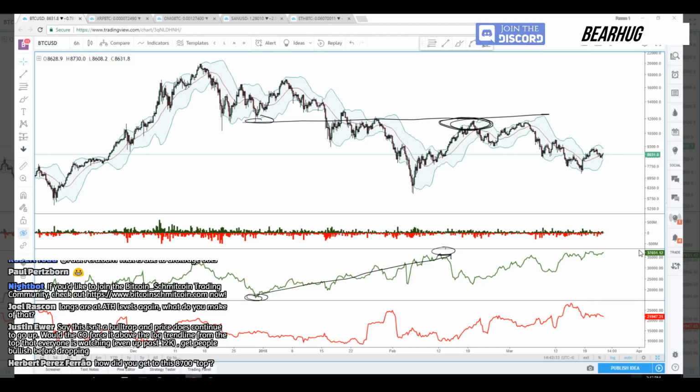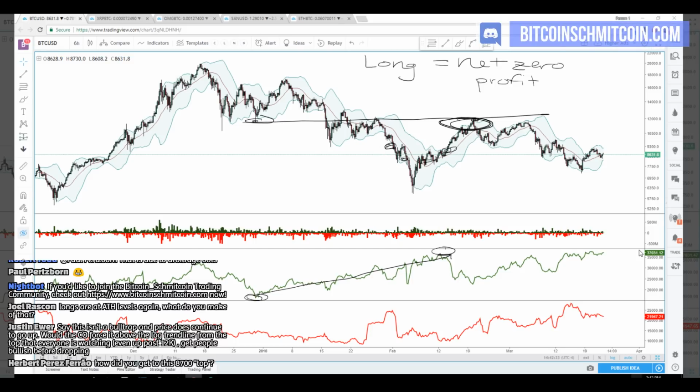And if you're exiting and entering at the exact same spot, that means that your long position is net zero profit. Why does it mean that? Well, if the price goes down and the price goes up, that means any long you open here and any long you open here are equal, right? Any long you open here, they're equal. So everything between here and here